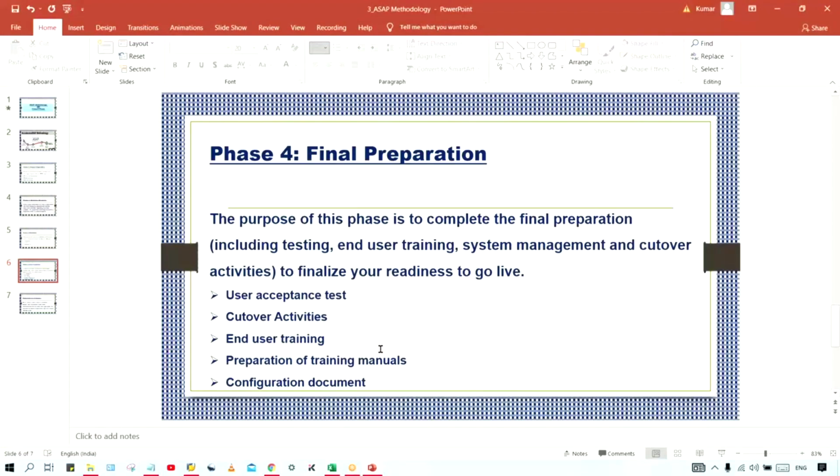Then end user training. End users means the users, like employees of Tata Motors. Of course, now they are very much familiar with the legacy system only. They don't know anything about the SAP system, right? So we have to provide training also to those people. Providing training doesn't mean that we are going to train the entire team itself. That entire team is not going to be trained.